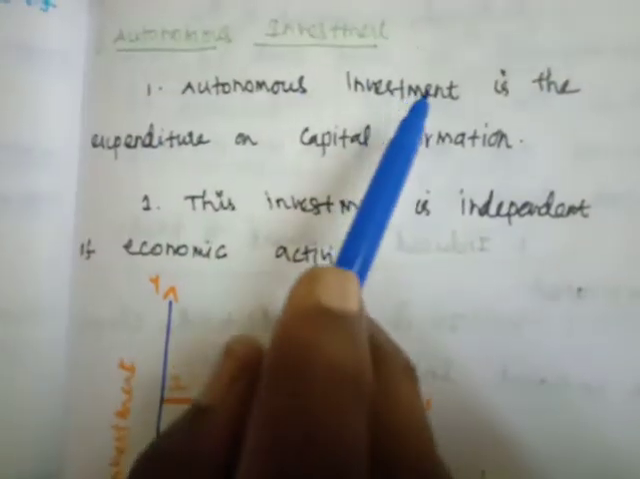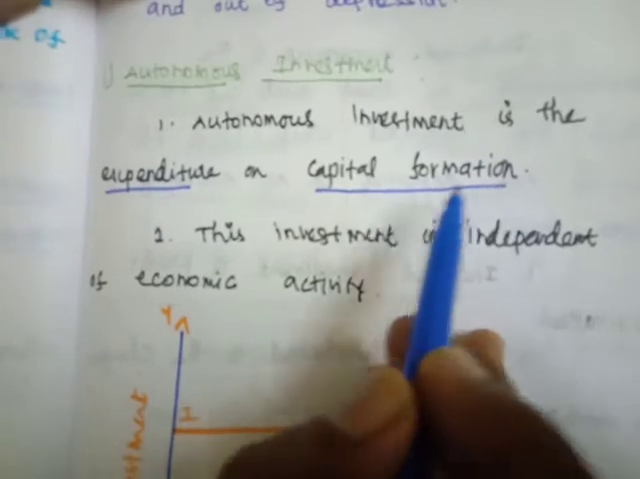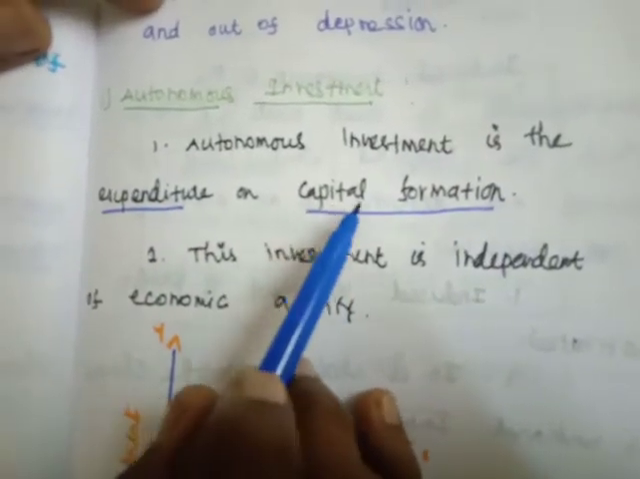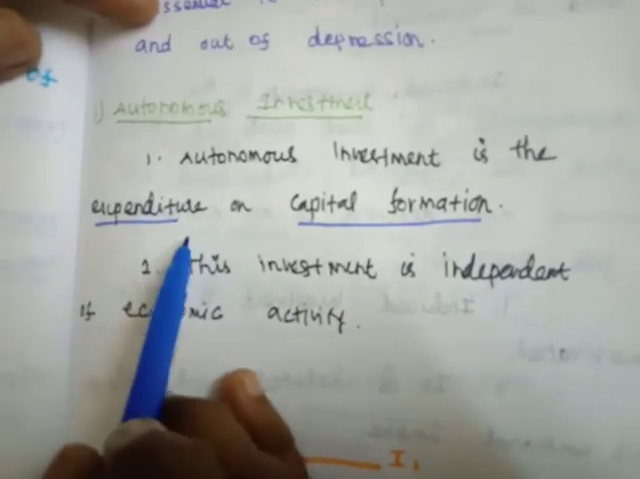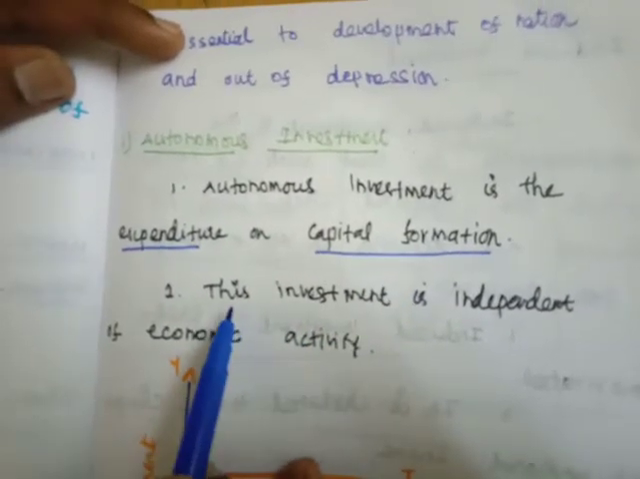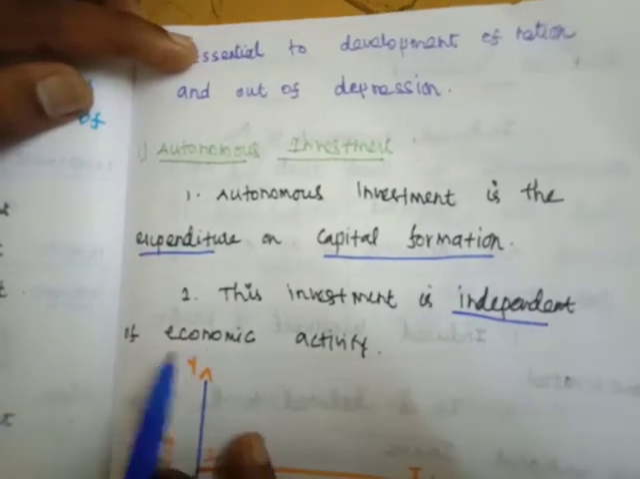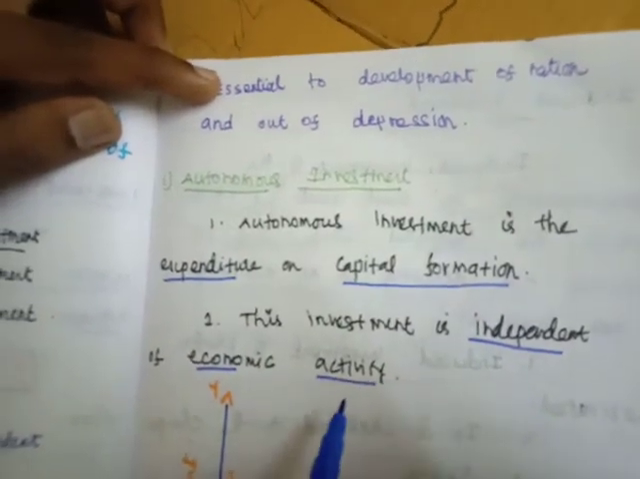The autonomous investment is the expenditure on capital formation. And this investment, that means the autonomous investment, is independent of economic activity. For example,